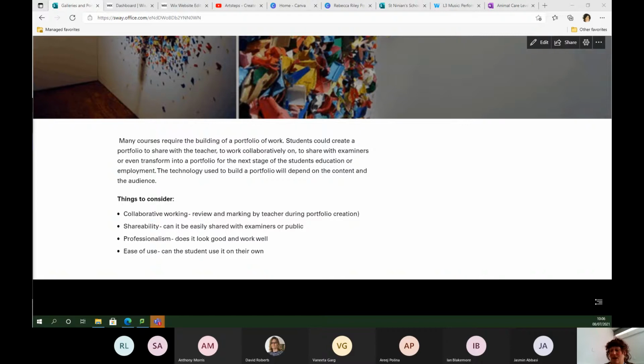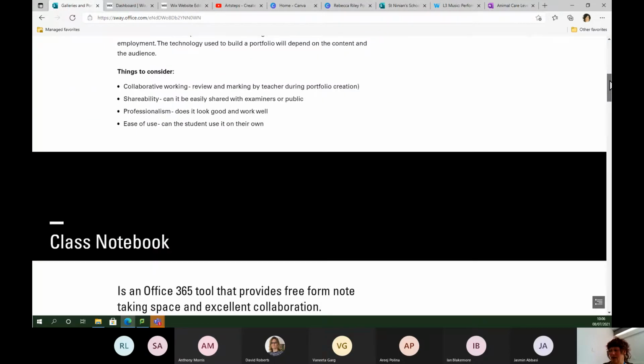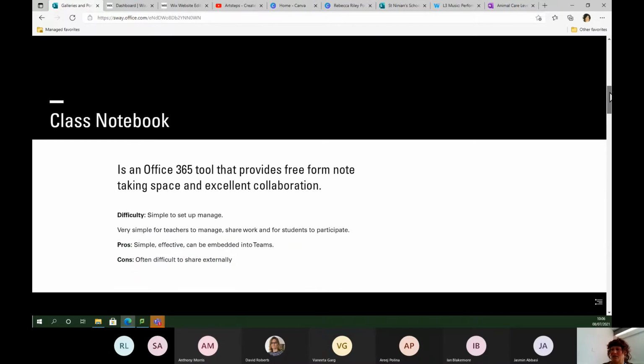I guess we can say, how professional does it need to look? If you're a graphic designer building a portfolio, we want it to be quite a professional looking thing, and also the ease of use for the students, because obviously some of these tools are quite complex depending on how you get into them. So the biggie that I know at Scarborough Tech, we use this a lot for portfolio building,